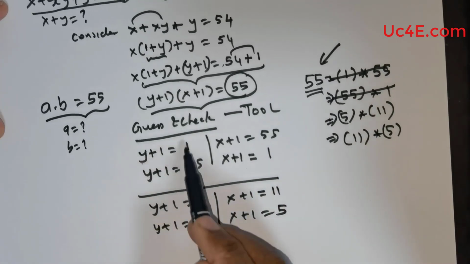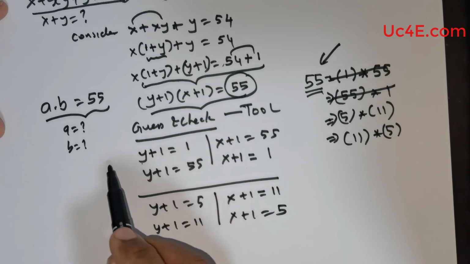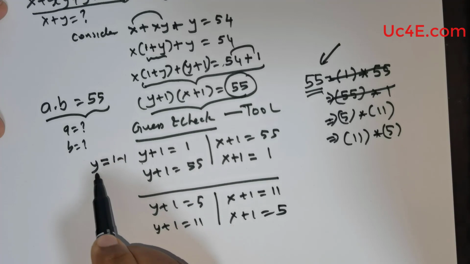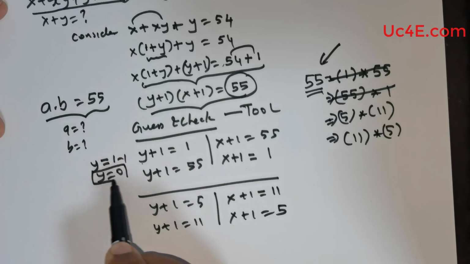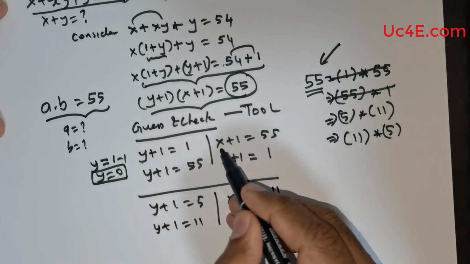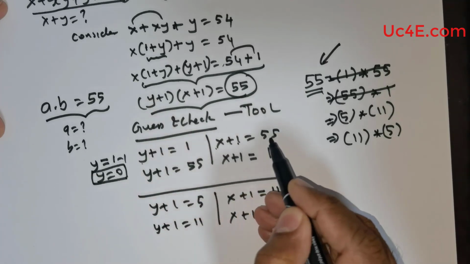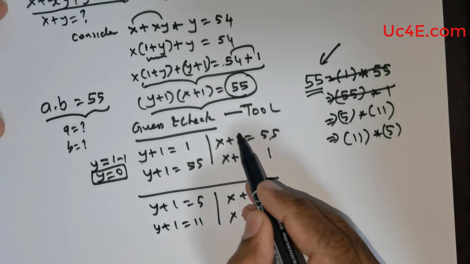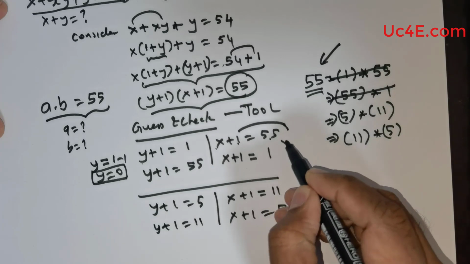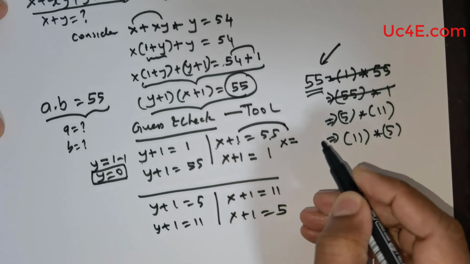Now there is a problem with this: y + 1 = 1. Why? If I were to take this, y would be equal to 1 - 1, which would give me y = 0, right? So y is equal to 0. On the other hand, if I were to take x + 1 = 55, then clearly if I were to move this 1 to the other end, I would have x equal to